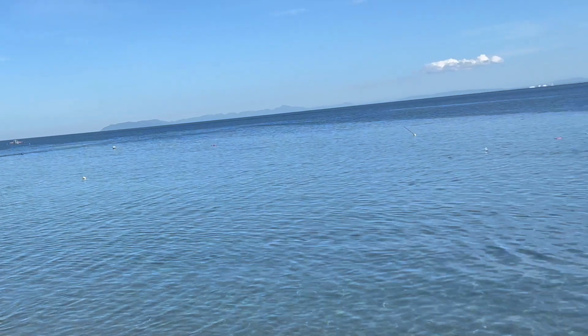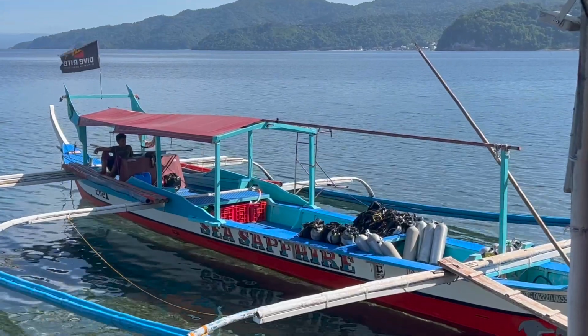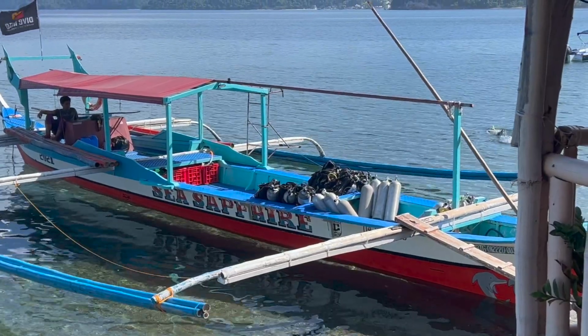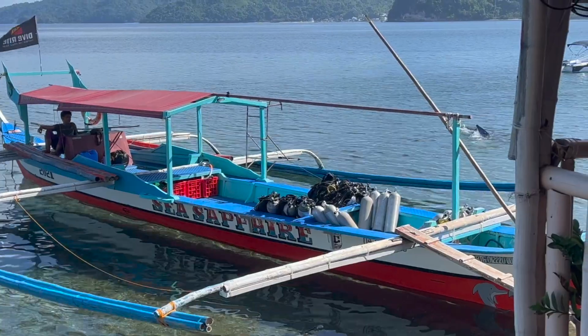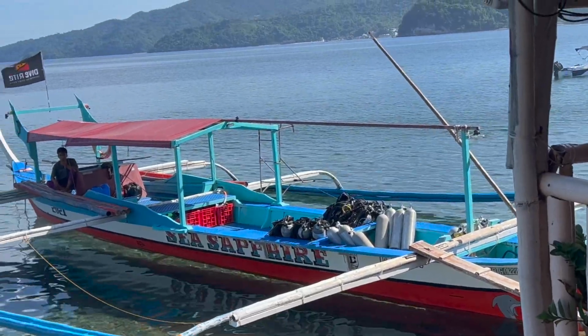But I think there's supposed to be 6 or 7 of us. 3 or 4 Divemasters. I don't know why so many. But that's the contracted boat. You see all our gear there. It's going to be a 3-tank boat dive. So before they took our first tank, we had to set up all our gear. I mean, they could have done it, but I like to do it myself. So we're ready to go. I'm actually half suited